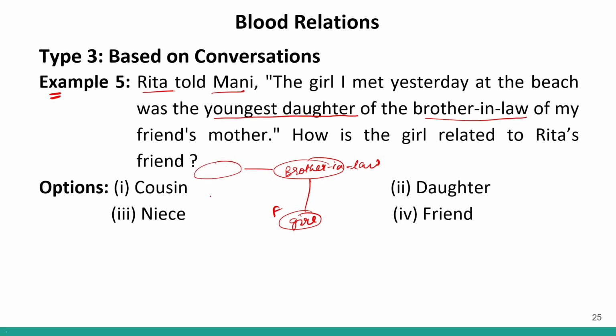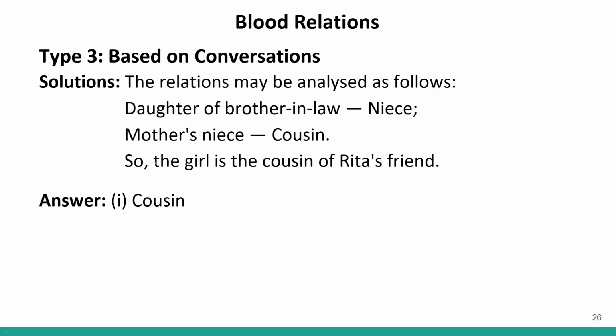So, there is a friend, correct? The friend has a mother and the relationship between the mother and the brother-in-law is over here. We have to find out how the girl is related to Rita's friend. So the girl would definitely be the cousin of Rita's friend. So the answer will be option number 1, cousin. This would be the answer, option number 1,